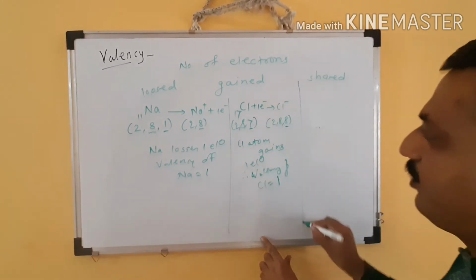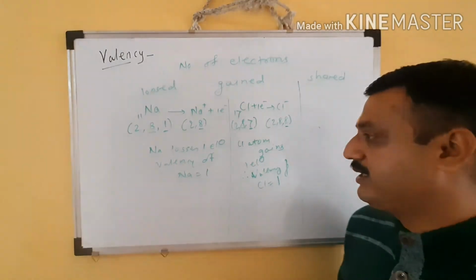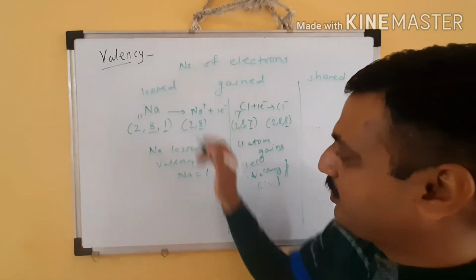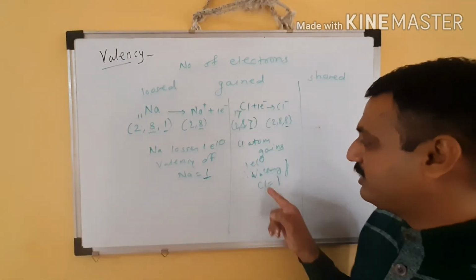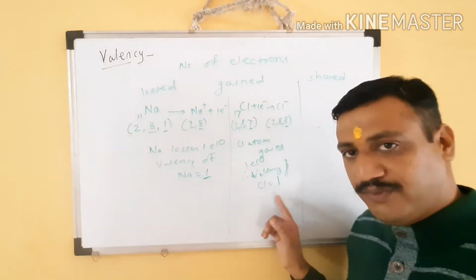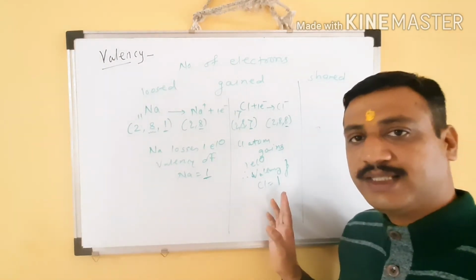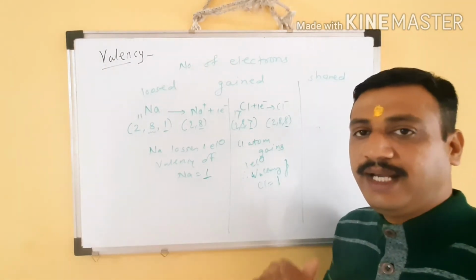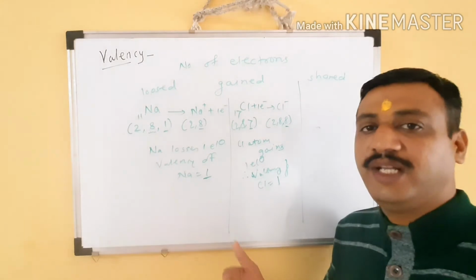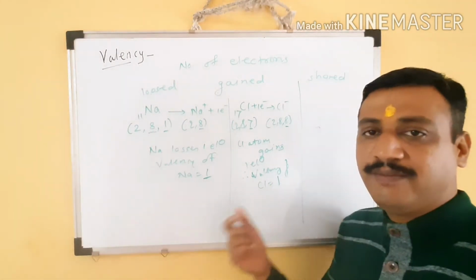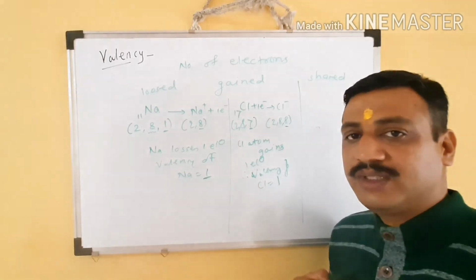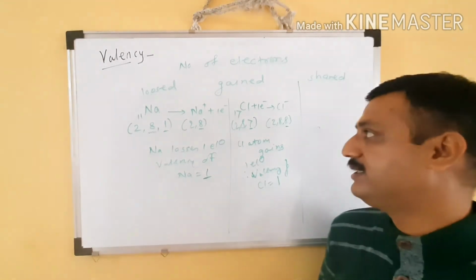Okay, that is positive electrovalency and negative electrovalency. See, the number of electrons lost we call a positive electrovalency, it's plus 1. And the number of electrons gained we may call 1. If valency is asked, we may say 1, it is correct. And if it is asked what is the negative electrovalency, in this specific case we answer minus 1, because the number of electrons gained is the negative electrovalency.